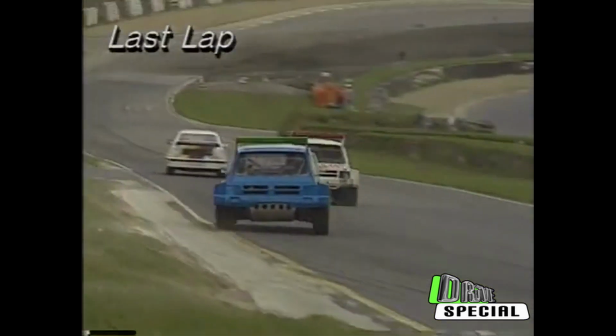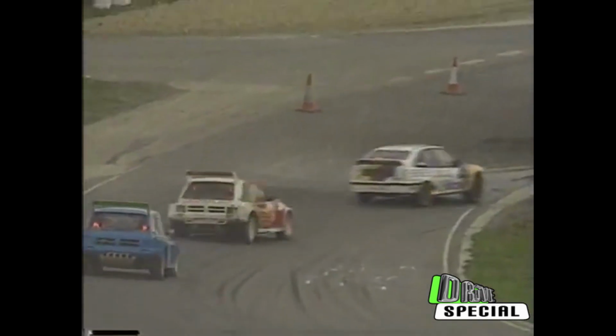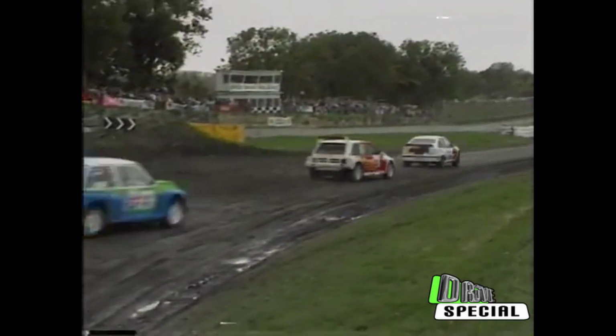Guy Williams very sideways round the North Bend hairpin. They accelerate away down Harry Hill. The two normally aspirated 6R4s taking on the John Welch car, which of course has to carry a bit more weight than these normally aspirated devices behind him. So John at the moment perhaps with more power but a little bit more weight to drag around the Lydden circuit, but he's using that to good advantage as they come into Chessons, and it's still John Welch from Guy